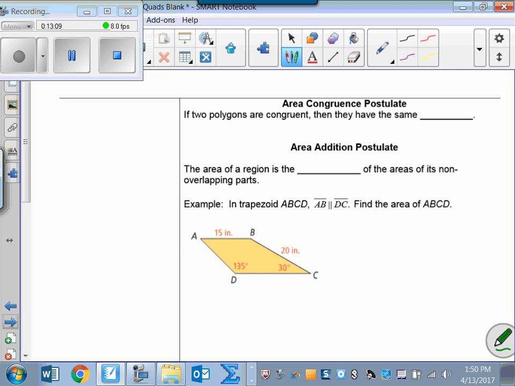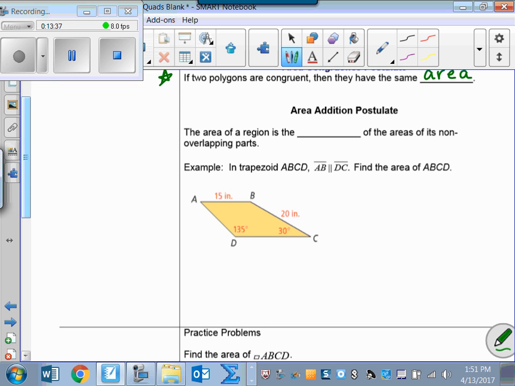Area congruence postulate just says that if two polygons are congruent, then they have the same area. And we won't necessarily need this today, but I think maybe in our third lesson, when we start talking about the area of regular polygons, we're going to need to remember this. So just put this in your back pocket, make a little card, and we'll come back and use that at a later day. Area addition postulate says the area of a region is the sum of the areas of its